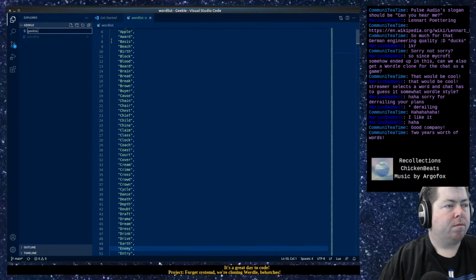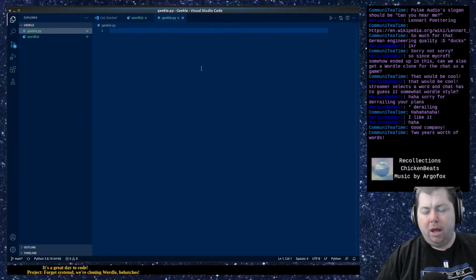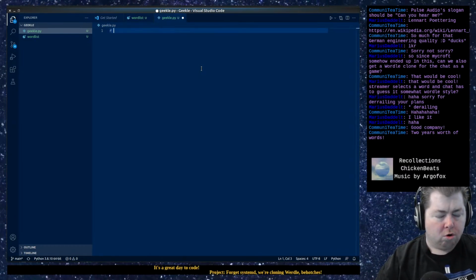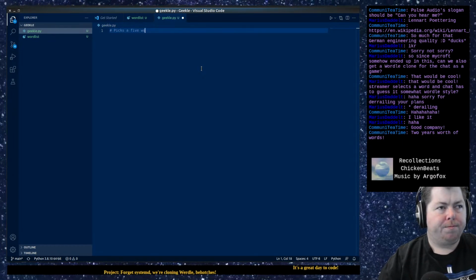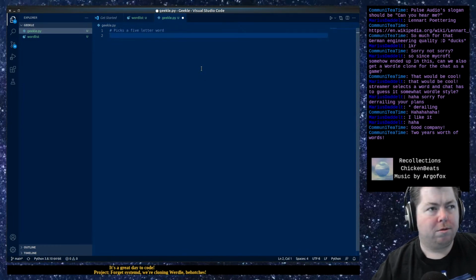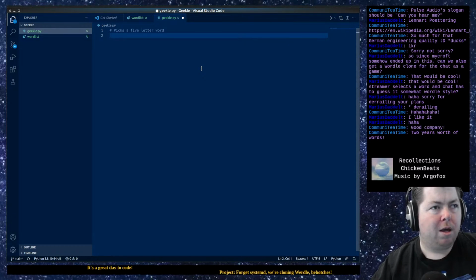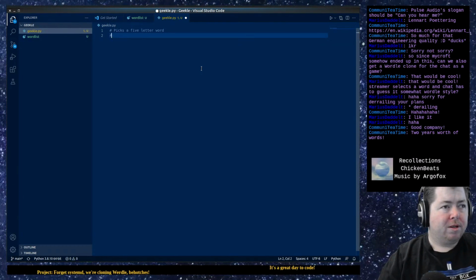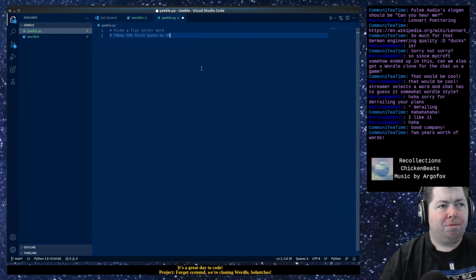Alright, so next Geekle.py. What are the basic aspects to Wordle? Somebody picks a five-letter word. I don't know if it's automatic or determined by somebody. It takes the first guess as input.